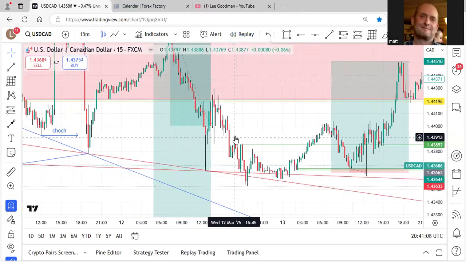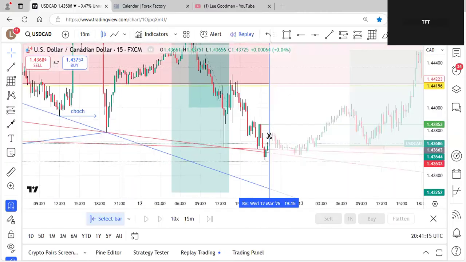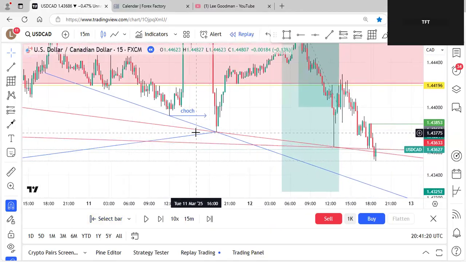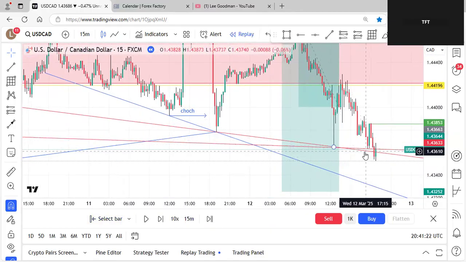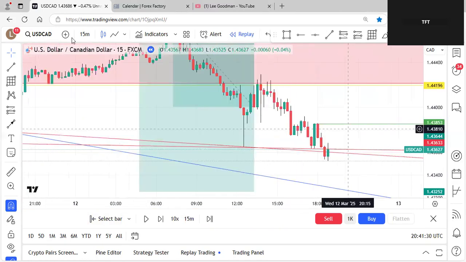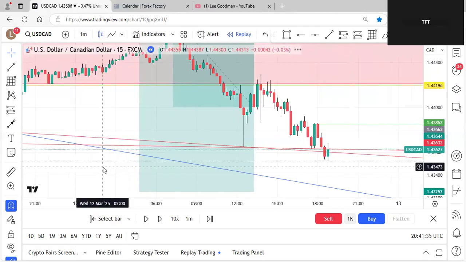So back to the 15. No worries, mate. From there, I'll just bar replay as well. Alerts go off on the lines. If you want to set an alert on the line, you just click on it, click on the alarm icon, and it'll set an alert for you. But once the alert has gone off, once it passes the trend lines,